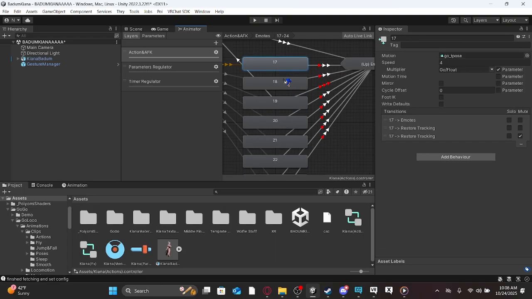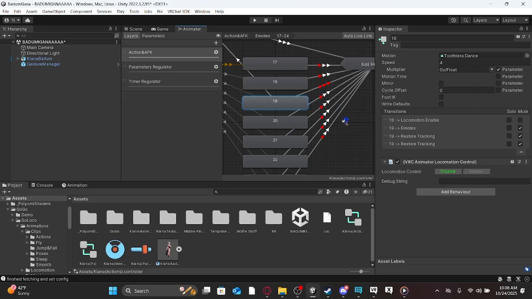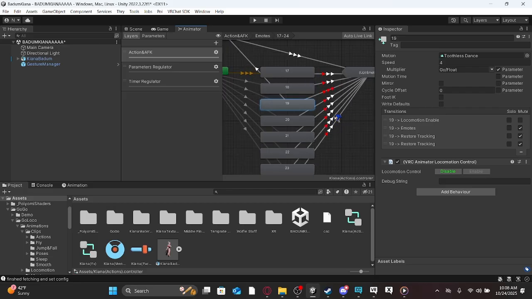And from here, you're going to see this one has the T-pose. This one's another T-pose spinning. And then right here at 19, that's where you want to start. And as you can see, I have the toothless dance here. However, with that dance,